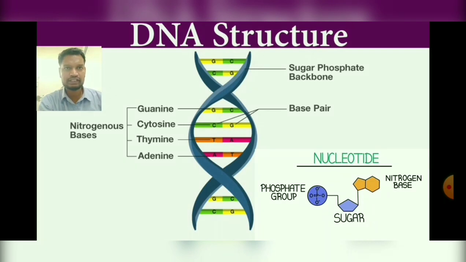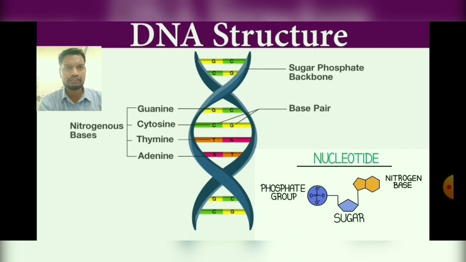The strands of DNA are arranged in such a way that both are bound by specific pairs of bases. The adenine pairs with thymine of the opposite strand. Similarly, the cytosine pairs with guanine on the other hand.